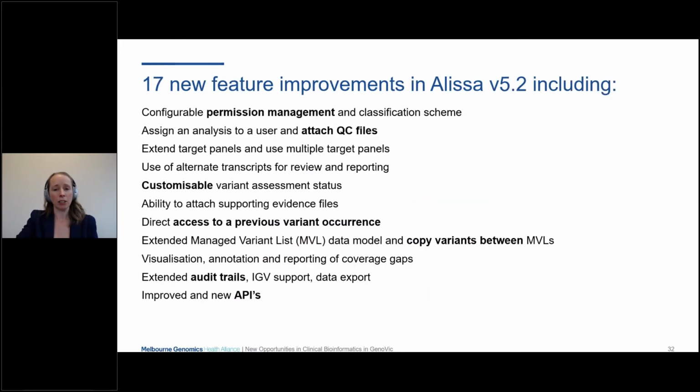So this is not for you to read, but I'm really just picking out a few keywords here. We partnered with Agilent, the Agilent ELISA team, and implemented a whole host of new features that took over a year to design, specify, implement, and then test. Things like permissions management, how to attach QC files, customizing and configuring things, giving access to previously curated variants, being able to copy information from one variant to the next when you see a variance between different laboratories,